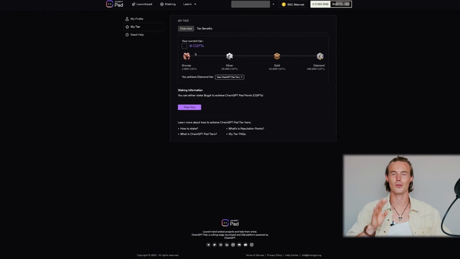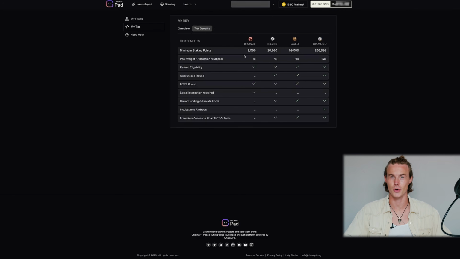So as you can see, there are 4 different tiers, starting with bronze, silver, gold, and then finally diamond. And under the names, you can also see how much CGPT you would actually have to stake in order to get the tier assigned. So of course you want to know what each tier actually means and what the benefits are. Maybe silver or gold is enough for you, or even bronze, or maybe you want to go for the diamond standard. I can't make the decision for you, but if you click on tier benefits, you actually get a